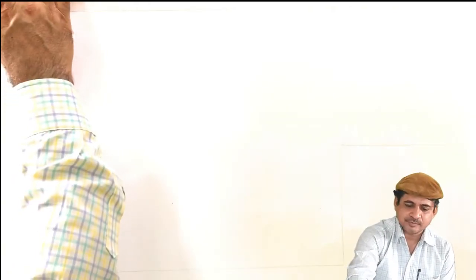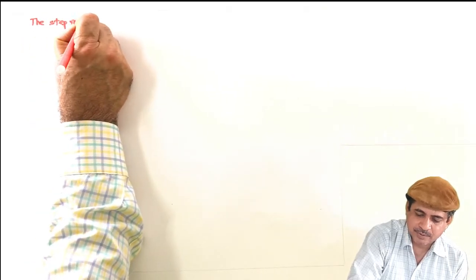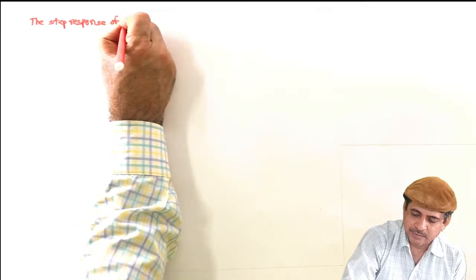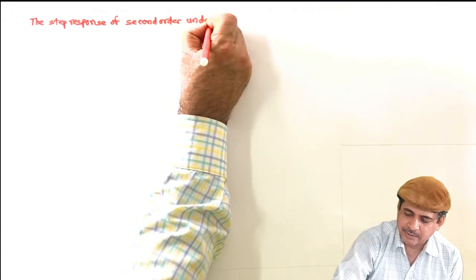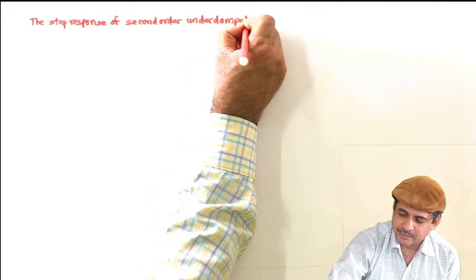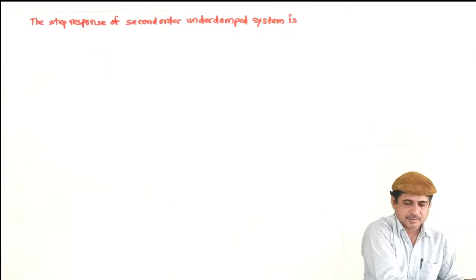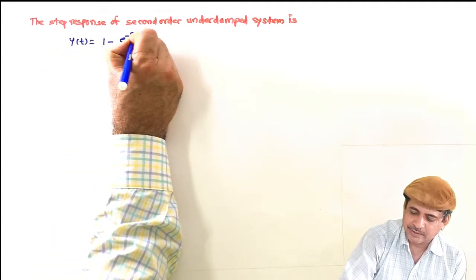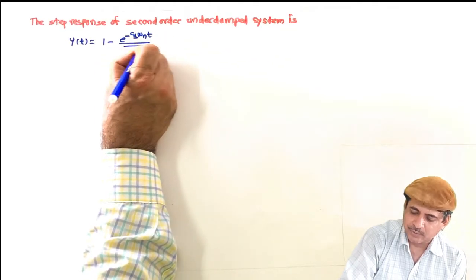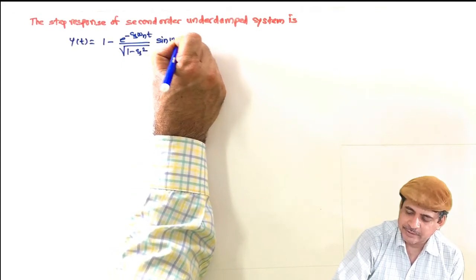So for that purpose, I will rewrite the expression for the step response of a second order underdamped system, which is y of t equal to 1 minus e raised to minus zeta omega n t upon under root 1 minus zeta square sin omega d t plus theta,